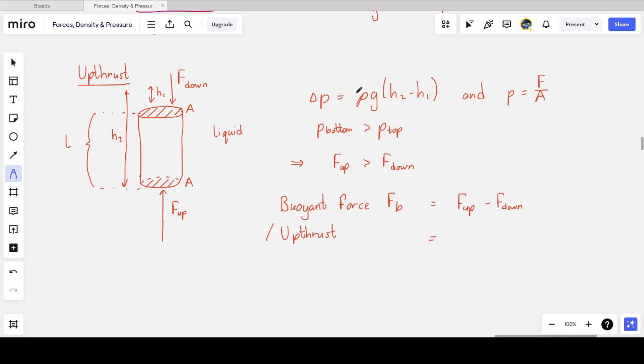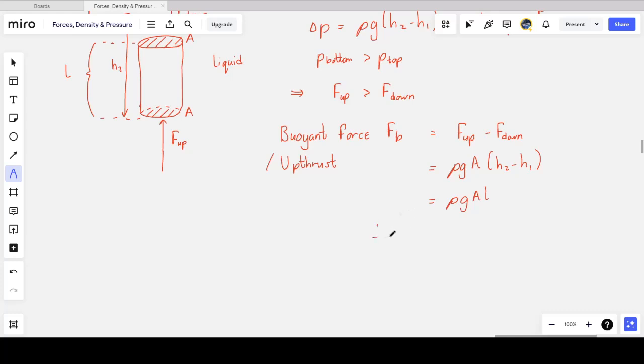So we calculated the difference in pressures. If we take the difference in pressures and multiply it by the constant area A, we get the difference in forces, which is rho GA times H2 minus H1. But wait a minute, if I take H2 minus H1, I get the thing that I've drawn a curly bracket next to. I get the length of the cylinder. So this becomes rho GA times the length of the cylinder L, which means that this upthrust or buoyant force is equal to rho